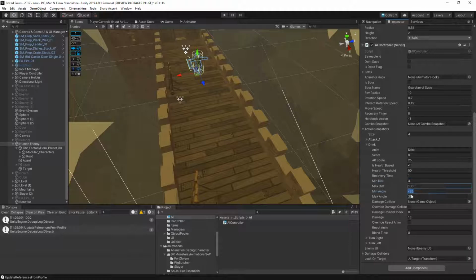And minimum angle, we can just keep this so you have to be actually watching the other enemy to drink, so you do not turn your back against him. And damage, of course, we don't have any damage. The rest we will find later. So we just want him to play the drink